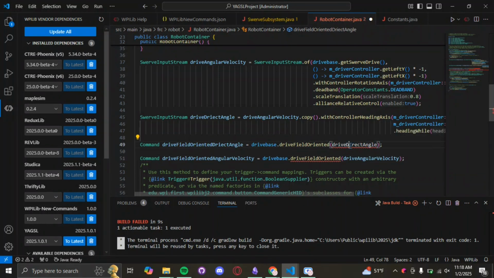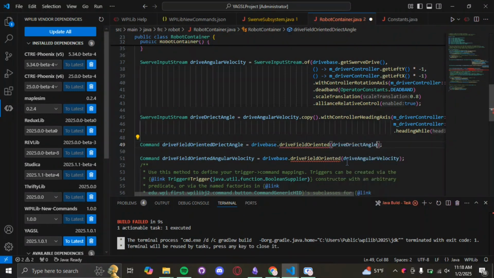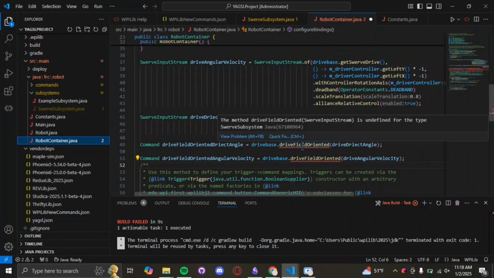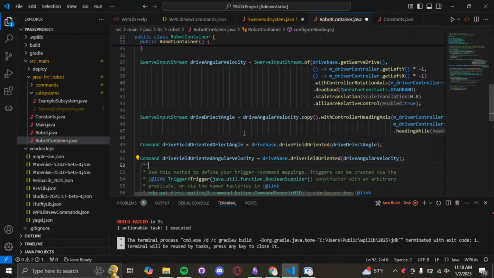Why are you mad? Okay. Spelled things wrong. Anyways, we're gonna have basically two errors here, and if you hover over it again, it's gonna say that there isn't a method for it again. So how we resolve that is we are going to quick fix this, and